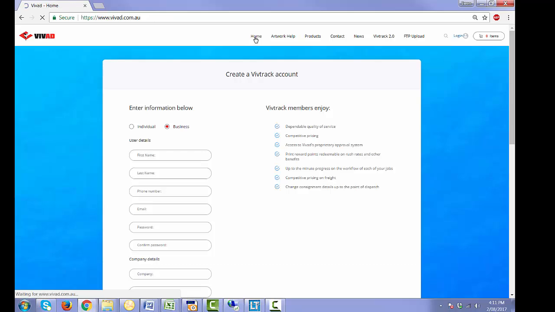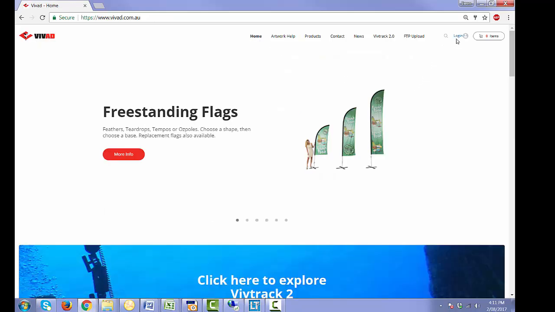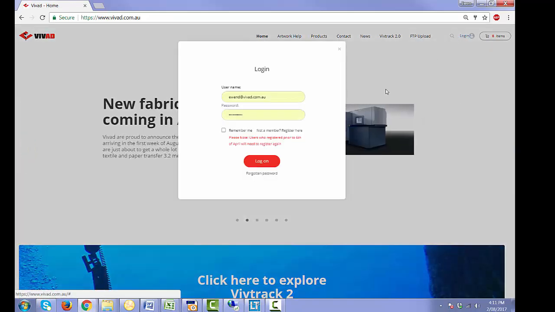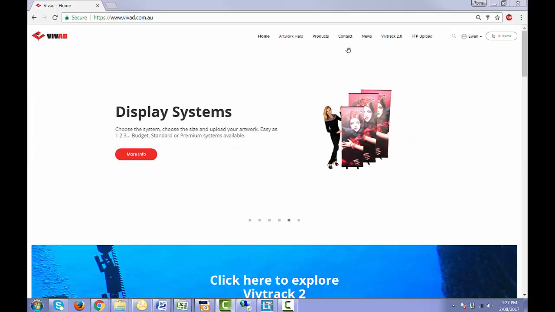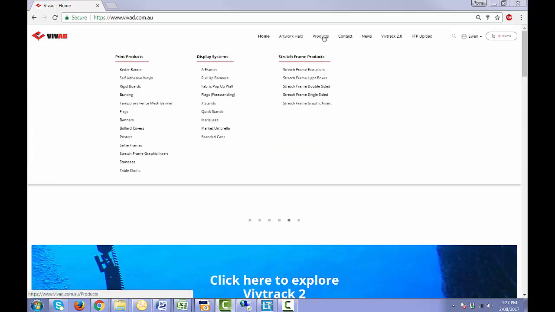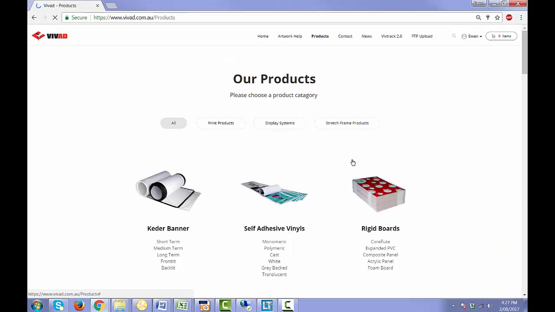So now I'm going to log in by clicking on the login link. I've set up my account as a retail customer, so only retail pricing inclusive of GST will be displayed. If I hover over the products menu item, I can see a list of the web products available. If I click on the products menu item, then I can browse the products. Firstly, let's select print products, and you can see we have Catering banners, short term, medium term, long term, front